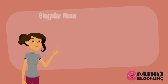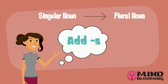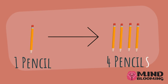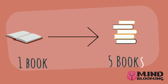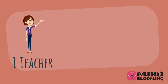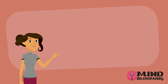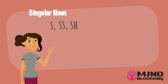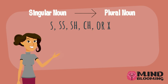To change most singular nouns to plural nouns, we add s. For example, 1 pencil, 4 pencils. 1 book, 5 books. 1 teacher, 2 teachers. To change a singular noun that ends in s, ss, sh, ch, or x into a